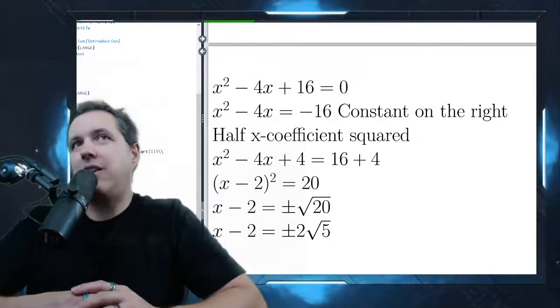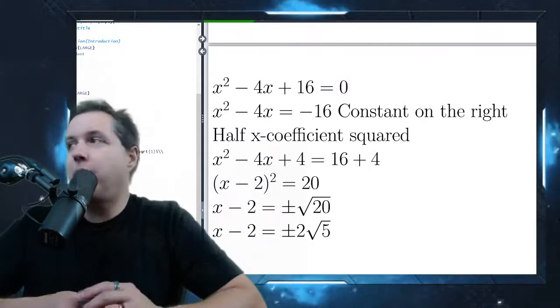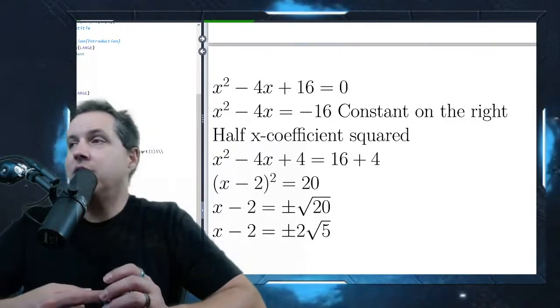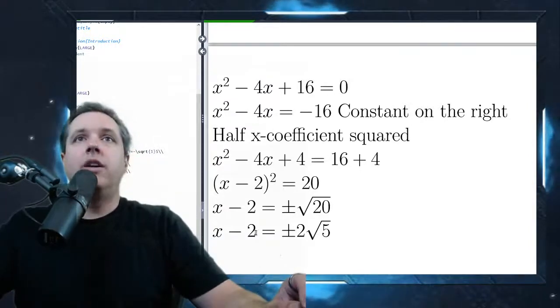If you don't remember how to break down square root of 20, go back and check those problems a little bit. You should remember pretty quickly. But again, square root of 20 is square root of 4 times square root of 5. Square root of 4, we all know, is 2. Right? All right, and then,